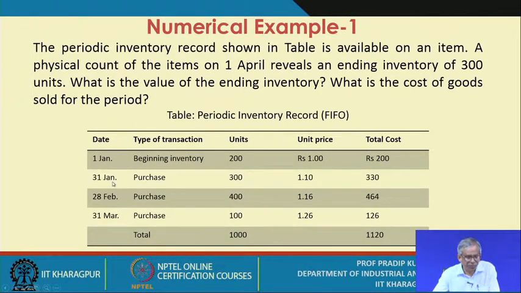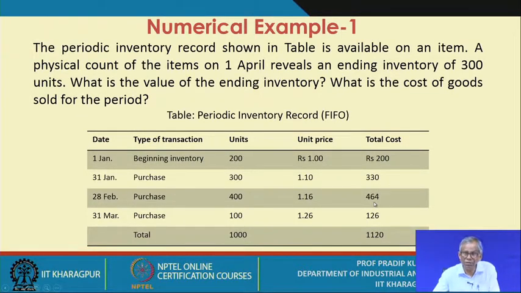On 31st January, after 1 month, you again take stock of the situation. You find that the total purchase is 300 units with a price of 1.10. That means the total is 330. Okay. And then again after 1 month, on 28th February, the purchase amount is 400 units with a price of 1.16 per unit. So, the total will be 400 into 1.16,